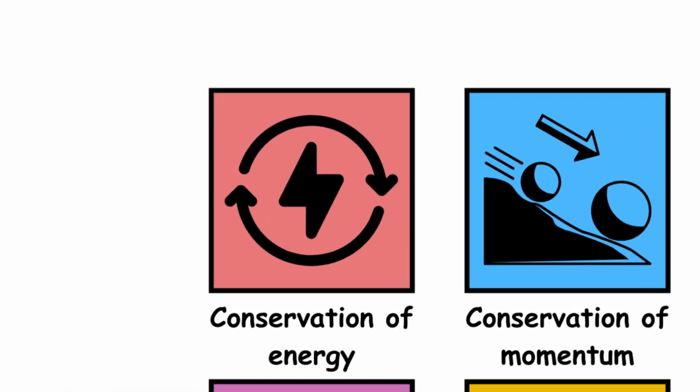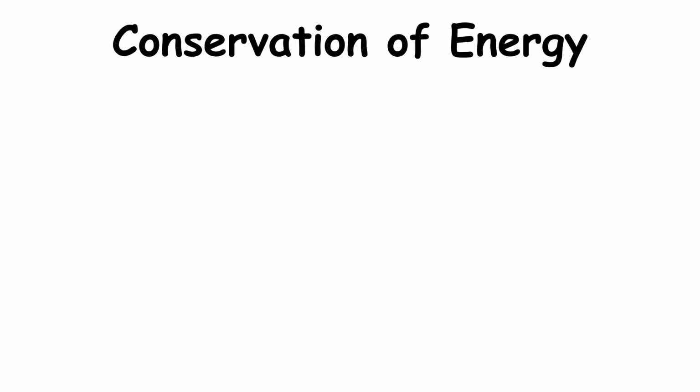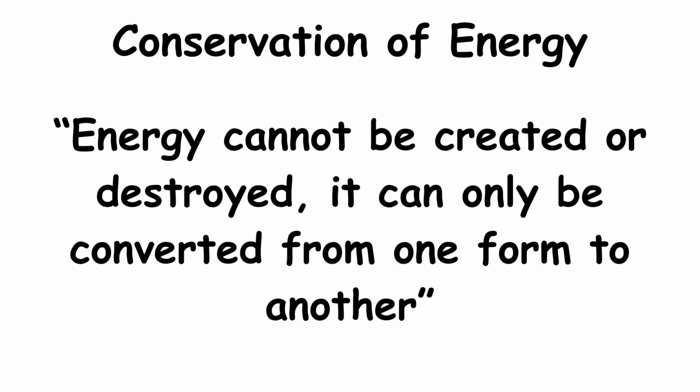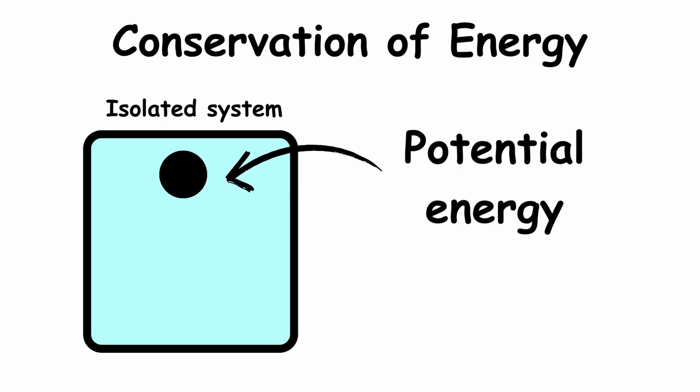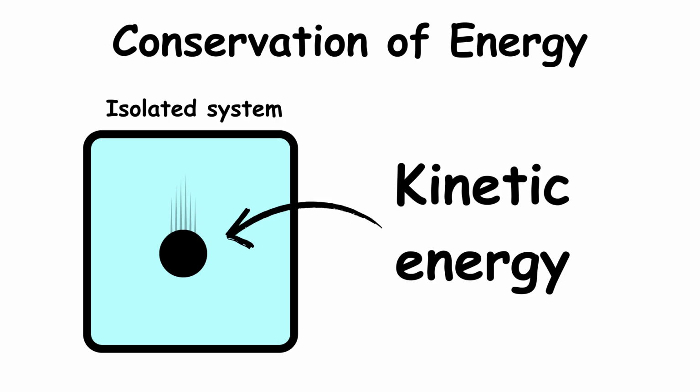The first law is the conservation of energy. Energy can't be created or destroyed, it can just be converted from one form to another. In scientific terms, the total energy in an isolated system stays constant. You can convert it from one form to another, like from potential energy to kinetic energy, but the overall amount